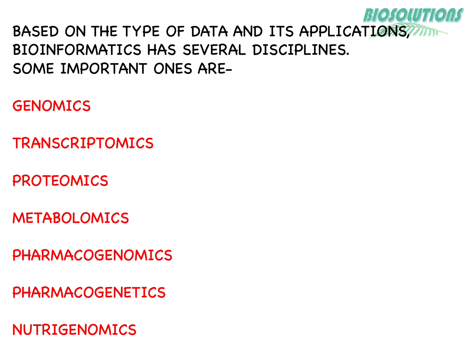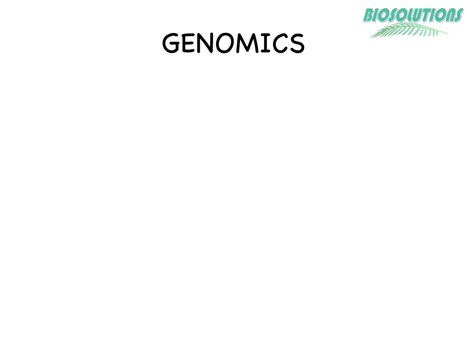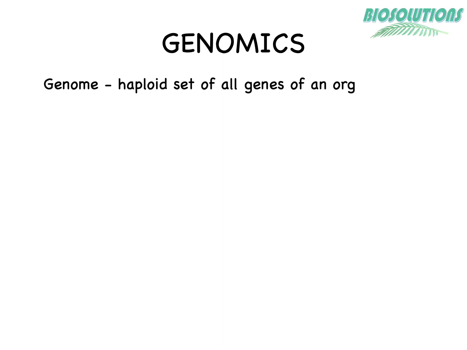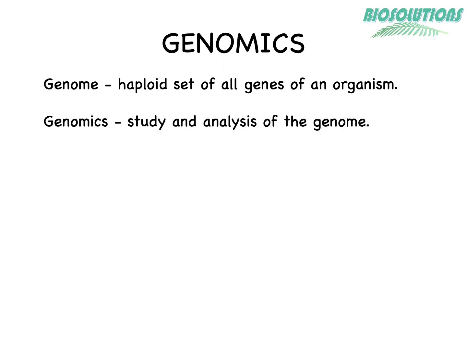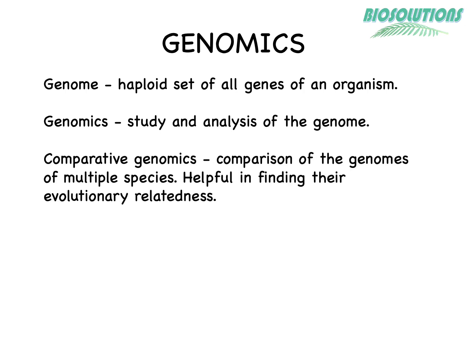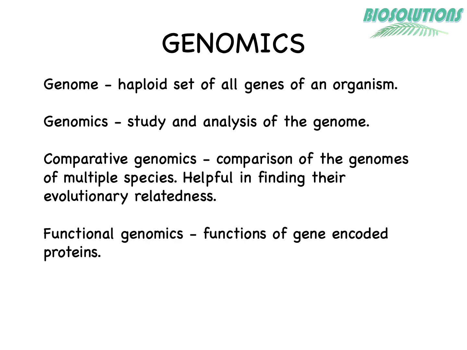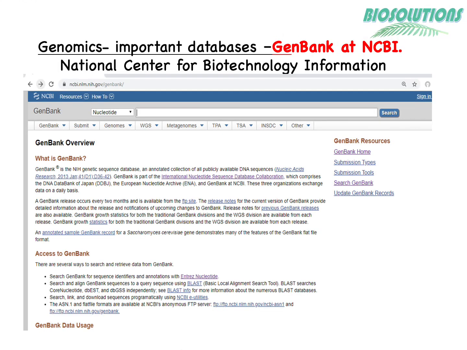It is the haploid set of genetic information or DNA codes of an organism, whereas genomics is the study of genome. Comparative genomics is helpful in studying evolutionary relatedness of genes and organisms, whereas functional genomics deals with the gene-encoded protein functions. There are 3 major databases which store genome information: the GenBank at National Center for Biotechnology Information, known